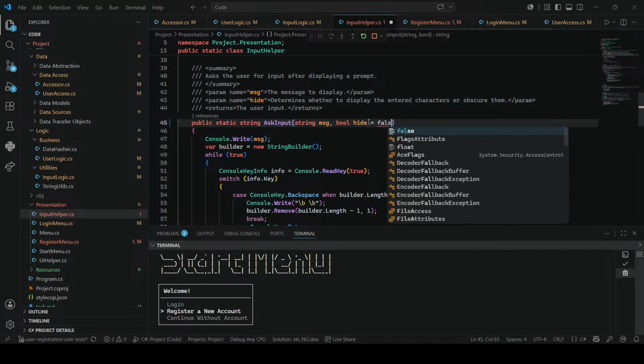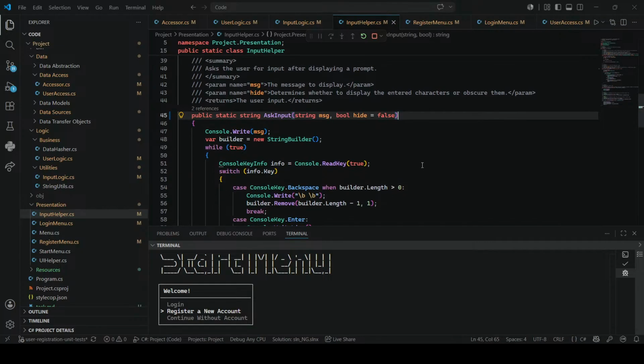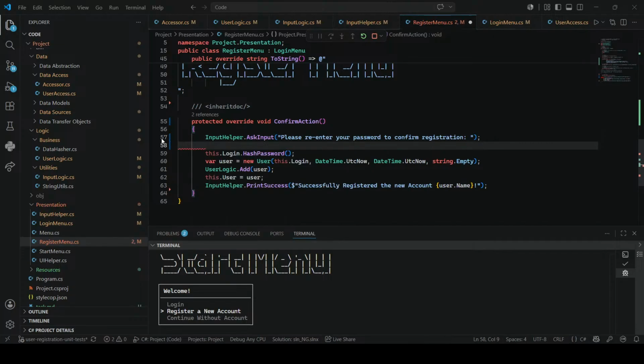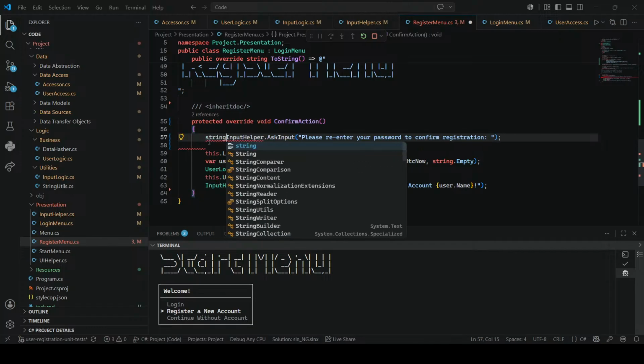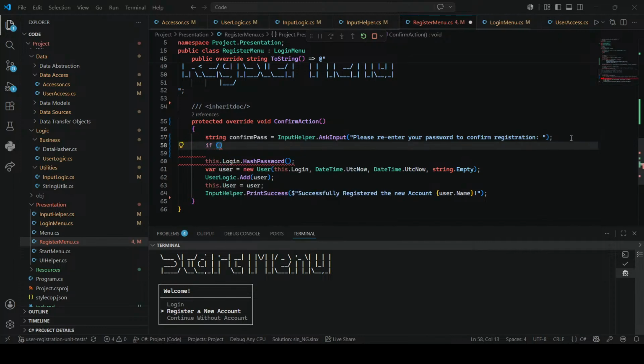Should be false by default. Right, so now that's default. So, yeah, string confirm pass if